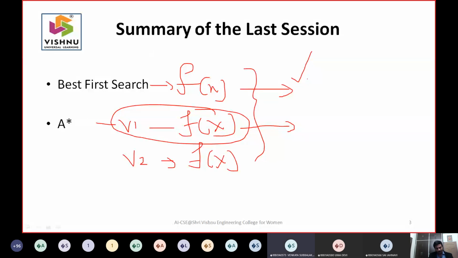Distance from start node to the current node, sir. Yes. Is the distance between starting node to current node a static one, or does it need to be predicted? It is a static one. There is no prediction as far as g of x is concerned.